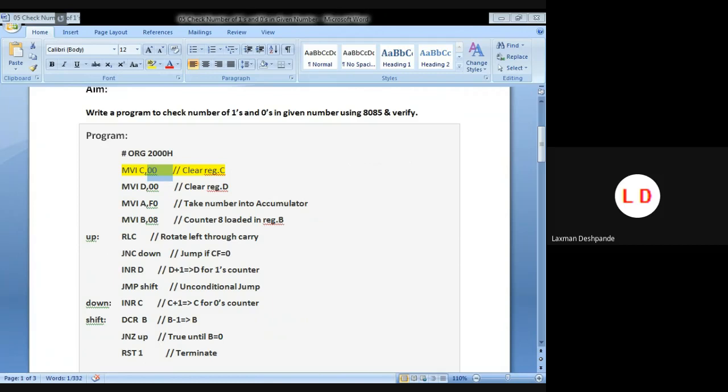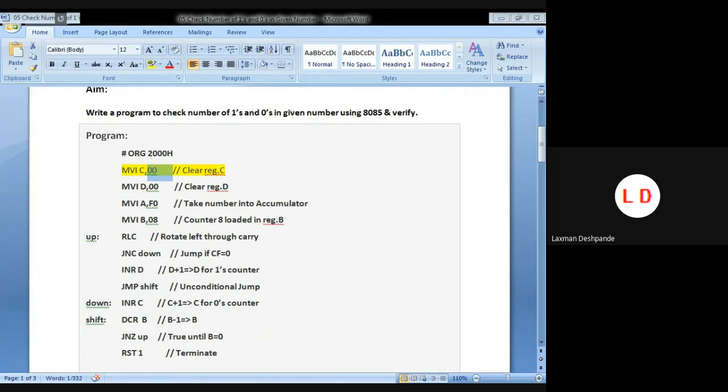If the carry flag is 0, you should increment register C. If the carry flag is 1, you should increment D. And after every rotation, you have to decrement B, which maintains the number of rotations that you have done. After decrementing B, you have to check whether B is 0 or not. If it is 0, the number of rotations you have done has reached its maximum value, that is 8.